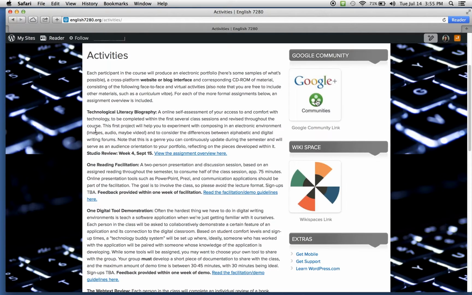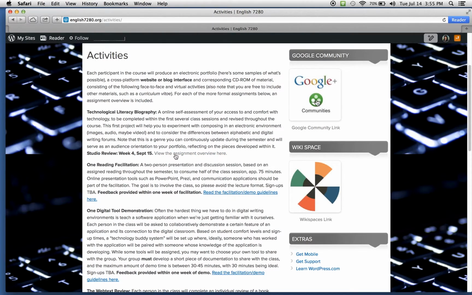So each of the assignments that will be contained in the portfolio are listed here. For example, I'm focusing on the technological literacy biography, and for each of these assignments there's just a brief description here, a breakdown of when it will be originally due for a first version studio review, and then finally,